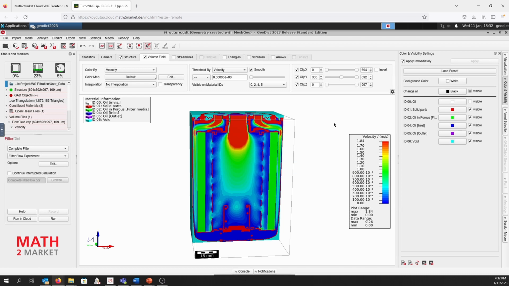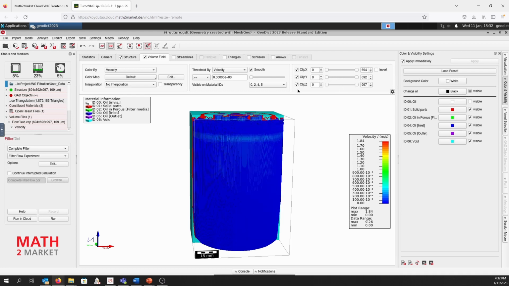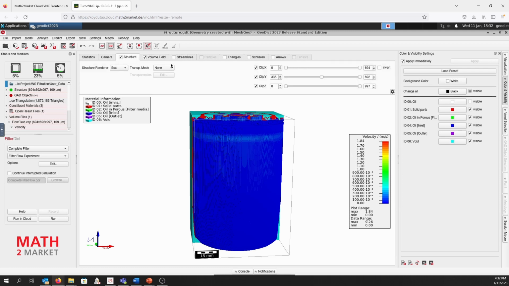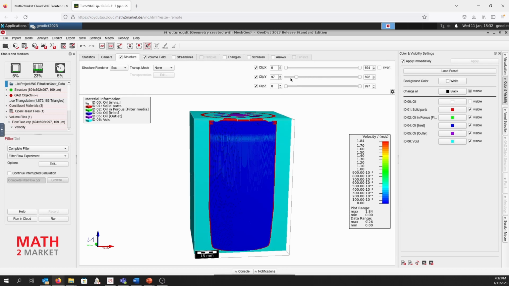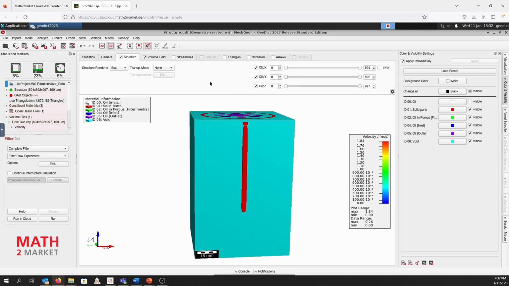The same can be done when we have the 2-dimensional view. So for this, we crop back the velocity field to the first slice 0. The same we do for the structure by changing to the structure tab and setting it to slice 0.